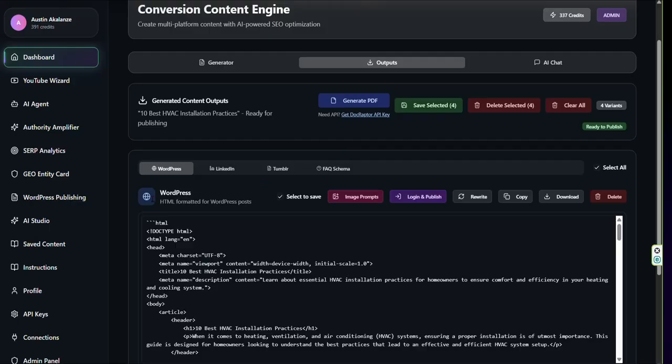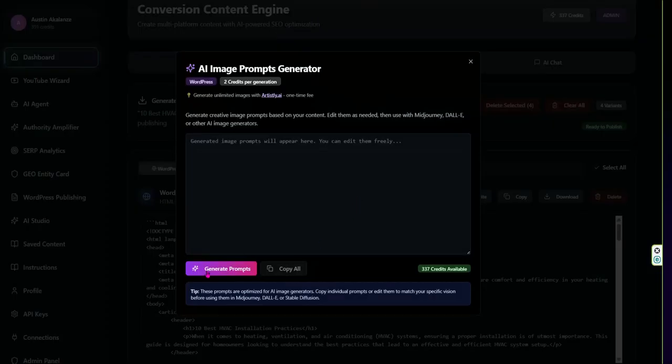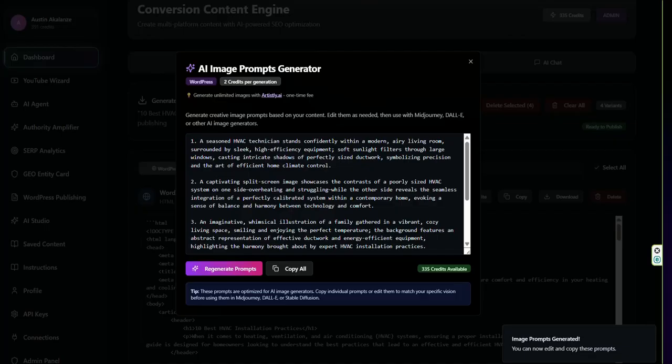So if we want to publish to WordPress and we want some image to go with that, we click on this image prompt and click on generate prompt, and it's going to generate a relevant image prompt for the content we are doing. And then we can take that prompt to, let's say,